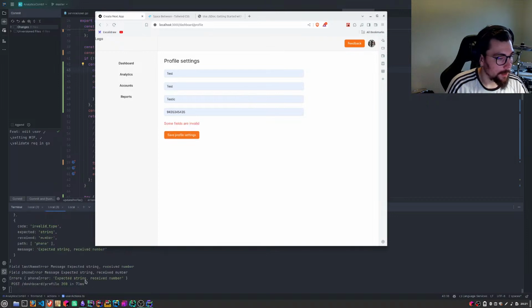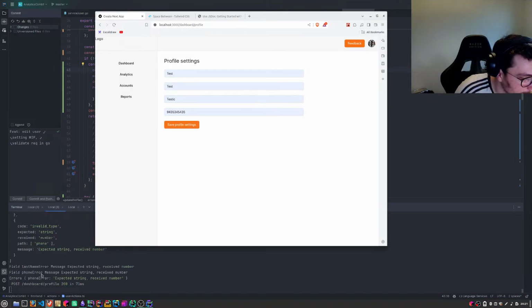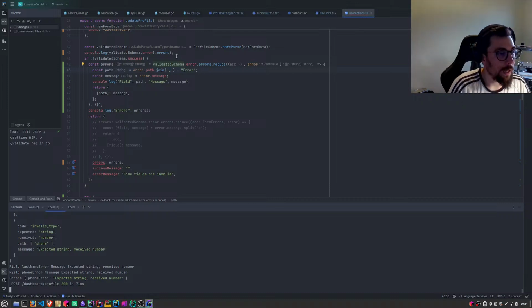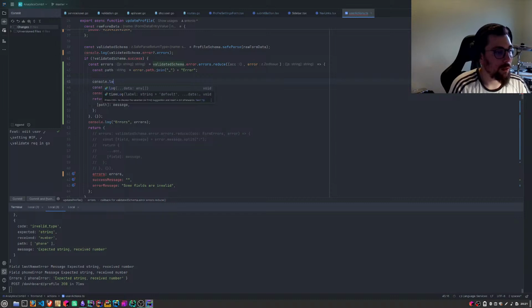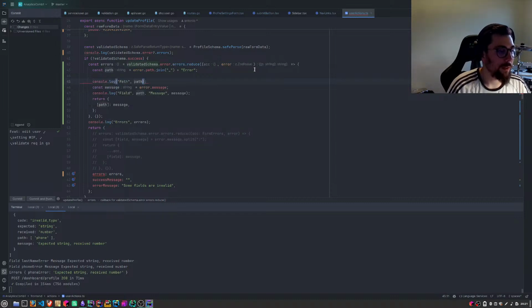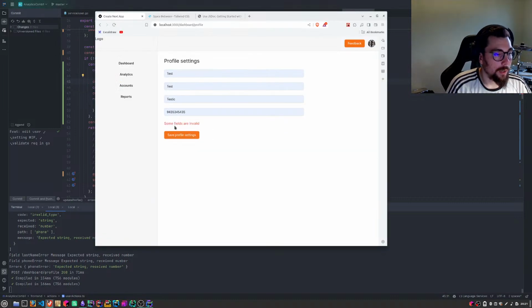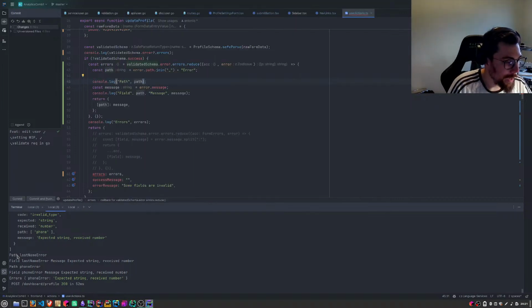Boom. What do we have? Oh, I didn't log this out. Console.log path. Alright. Path, last name error, path, phone error. And then in this object, I only get a phone error.